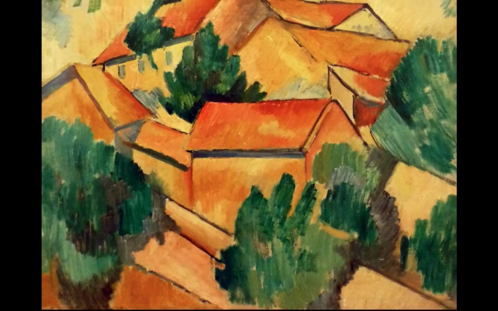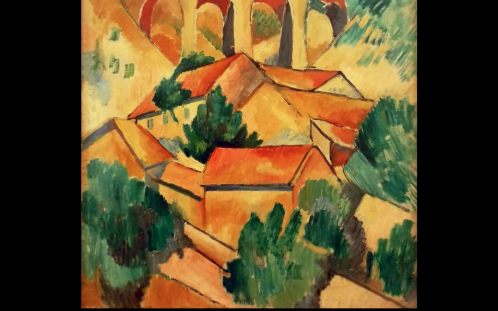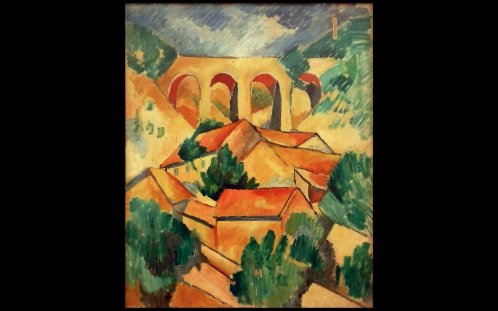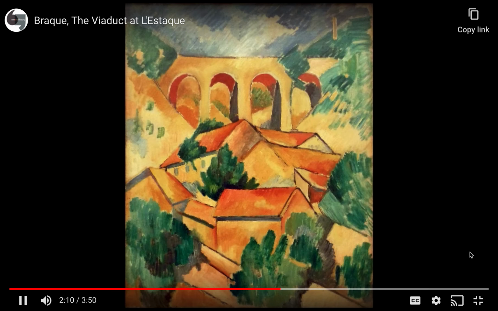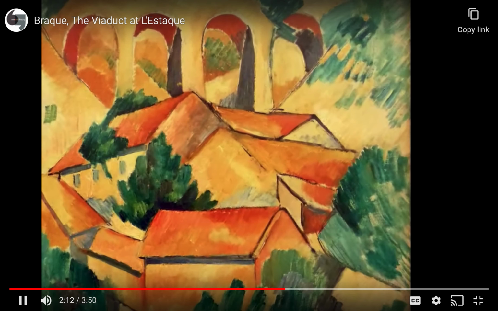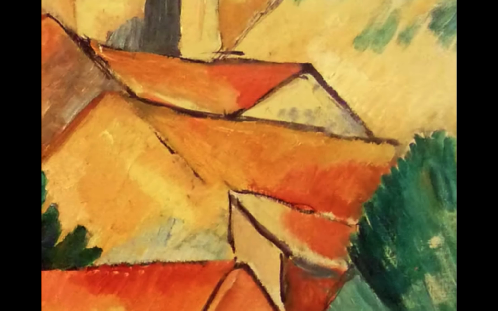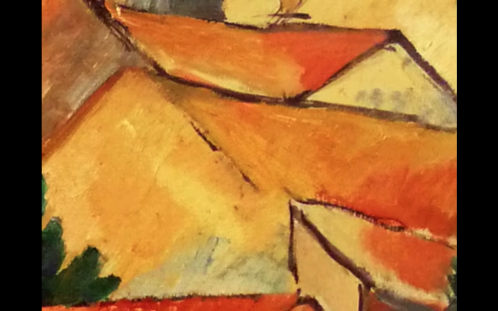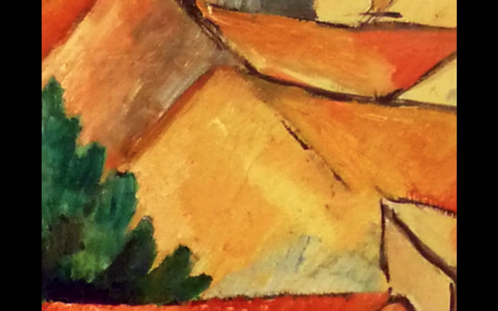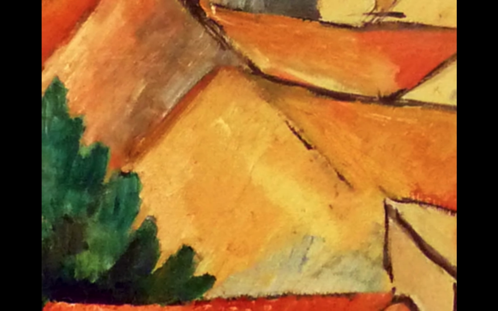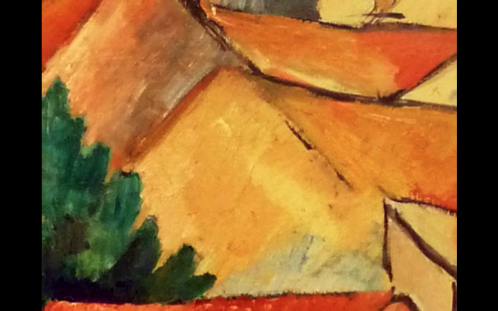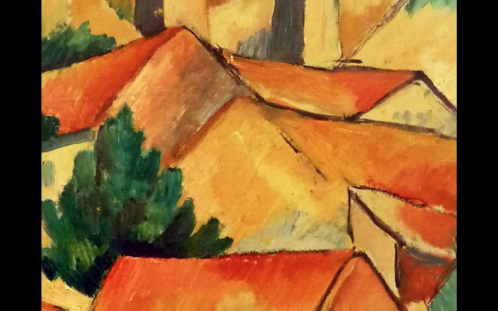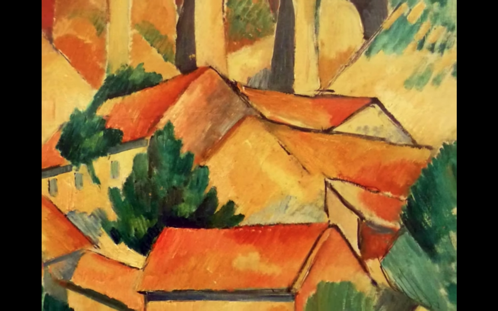There's real continuity across the surface of the canvas, just articulating the surface. And you also have those kinds of eliding of forms that you see slightly later on in analytic cubism, where the roof, that horizontal roof there with the ochres and the golds in it, kind of slips down, if you follow the color, into another golden side of the roof. So there's no real distinction there in space. And also that way that you get sort of modeling with some black outlining, very much, again, analytic cubism.